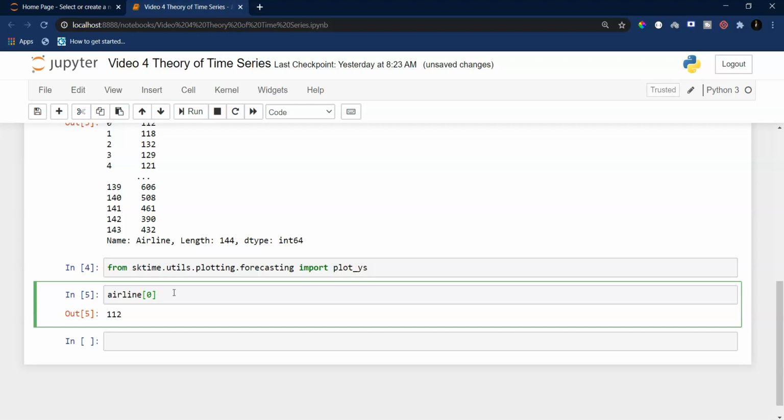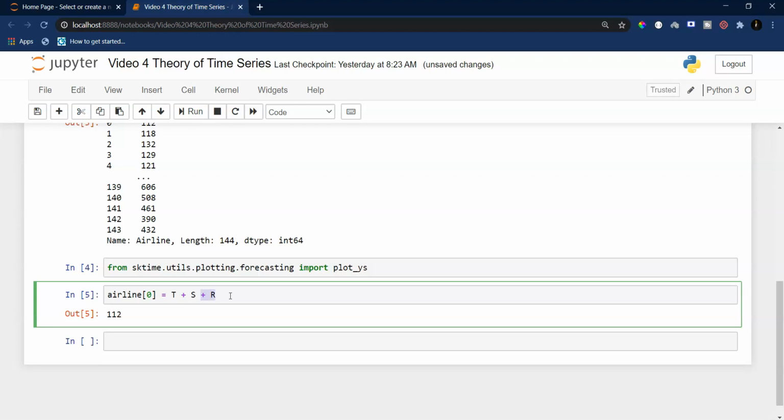What we do in time series is we assume that this single realization is made up of, let's say we are considering three components, a component called t, a component called s and a component called r. Now what I am saying here is that out of this 112 value, some part I can attribute to this t, some part I can attribute to this s, and the remaining part I can attribute to this r.